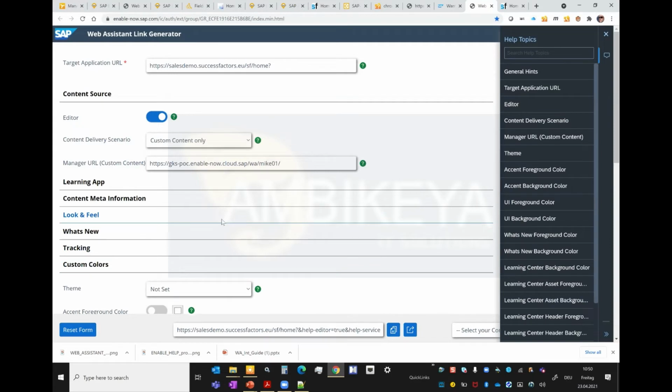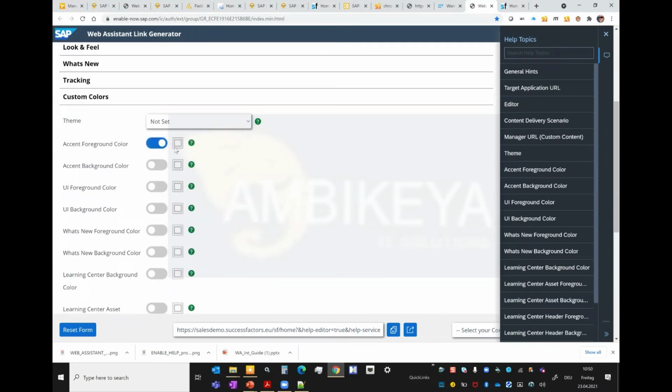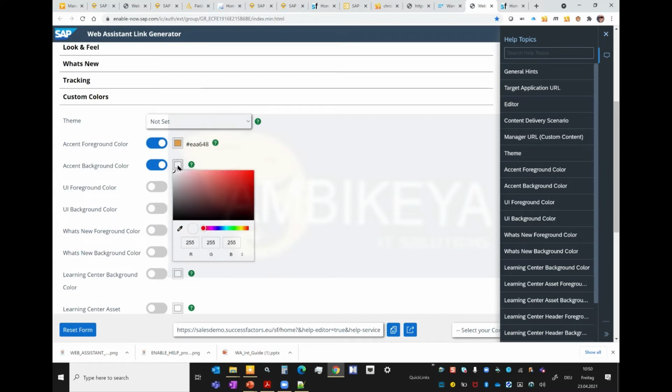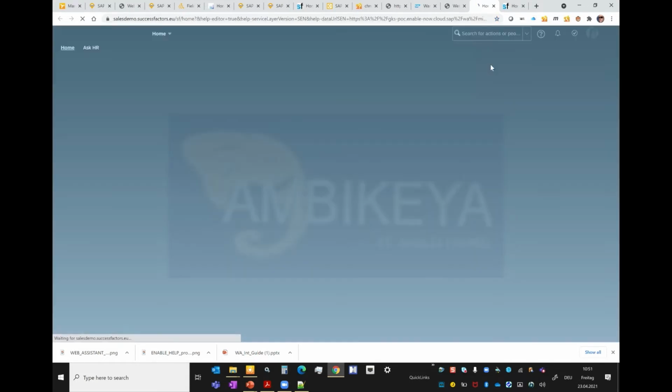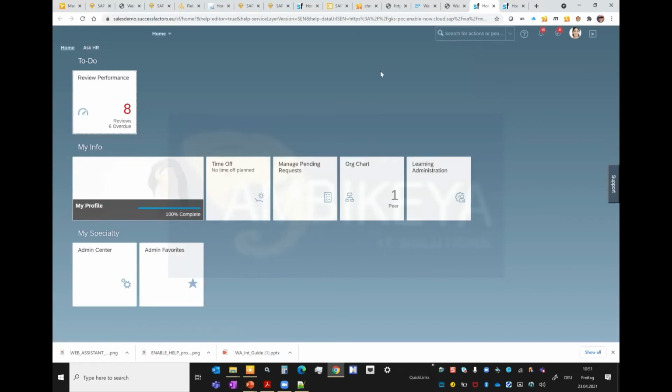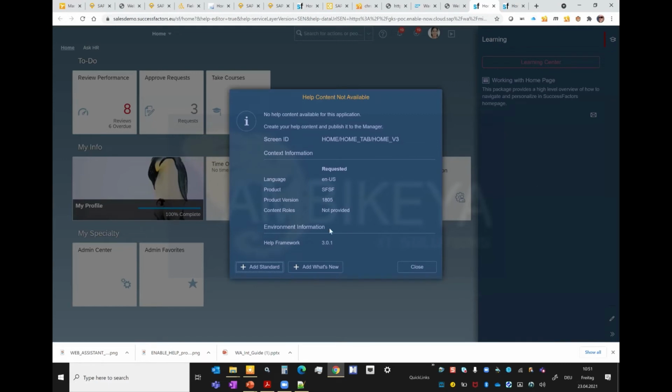Now let's do something nasty to really see the change. Add accent foreground set to whatever color, orange, and the background of the accents we're going to set to red. And the UI foreground we're going to set to blue. Generate it again, open it again. Then the change should be obvious, because now there is eye cancer danger in place. You see, all the changes are implemented immediately without having to affect the implemented configuration, if there is one,